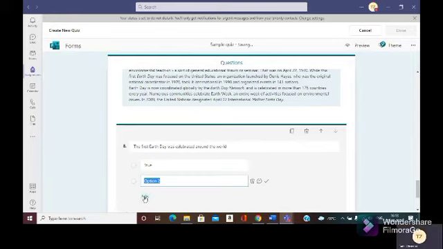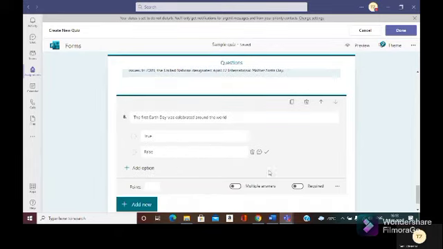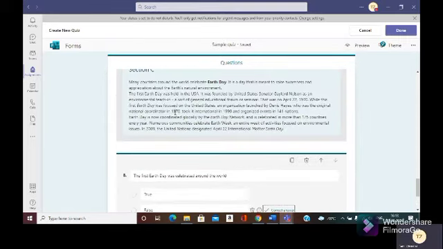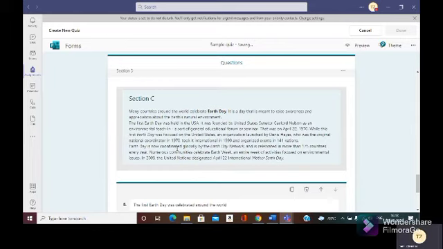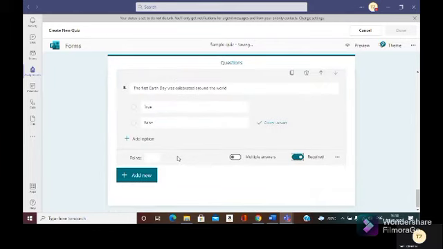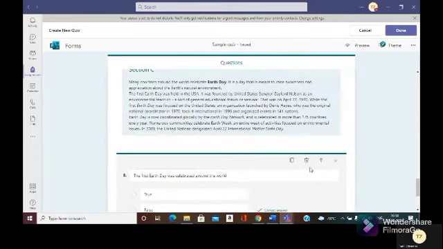You can see the keyword false. So you can directly click on it. It will automatically add that word. Yes, this way you can add a question for the comprehension. Okay. This type of question also you can set. Yes. Now it is done.